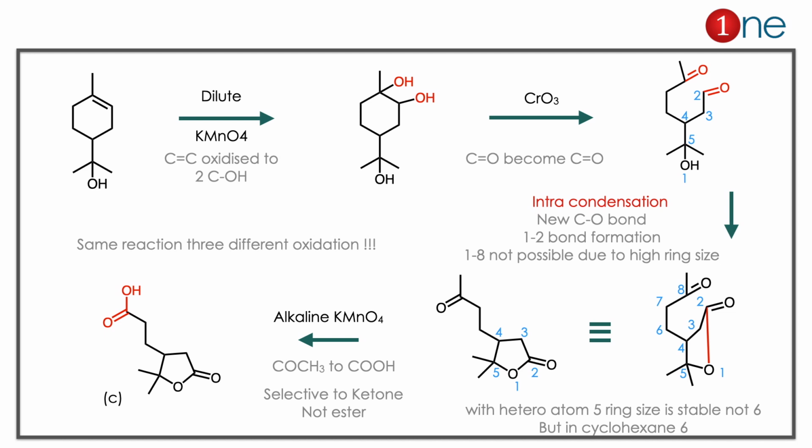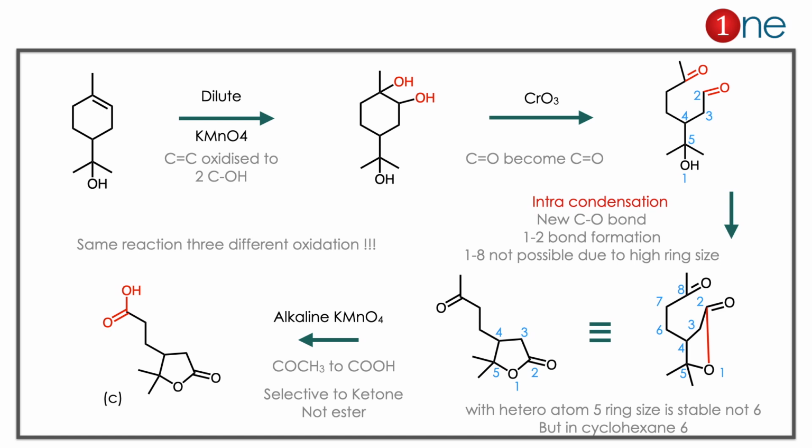The answer is C. The starting material has an alkene in the first position and an alcohol outside. We can derive it from the answer here. We use dilute KMnO4. The dilute KMnO4 is a mild oxidant, so it converts C double bond C into a diol there. So just two OH formation in the alkene. In the next step you are using chromic acid. What chromic acid really does is convert CHOH into C double bond O. So the diol becomes a diketone there.